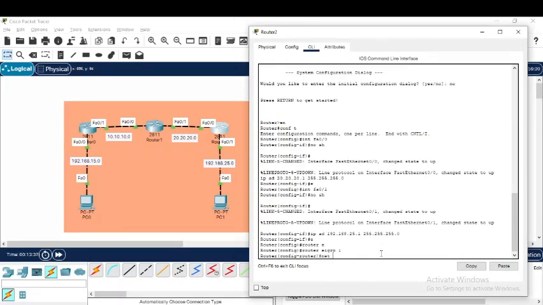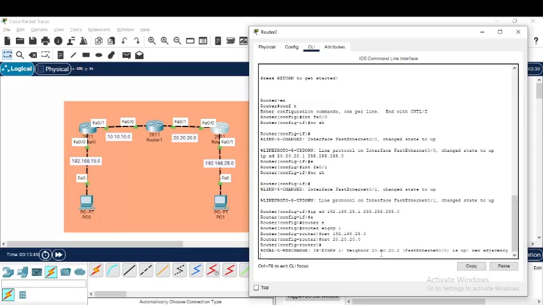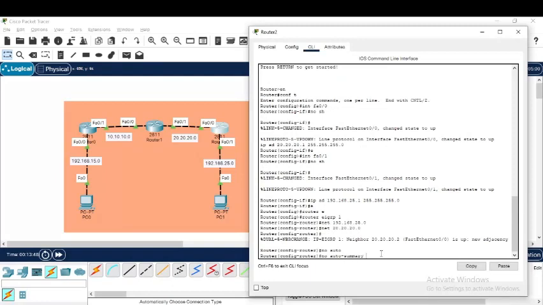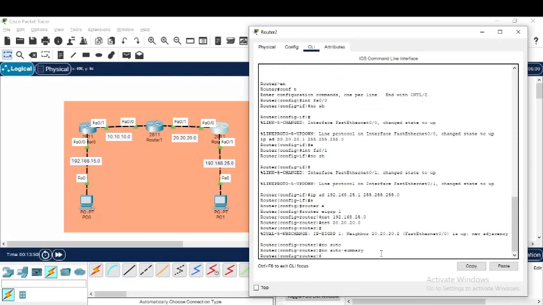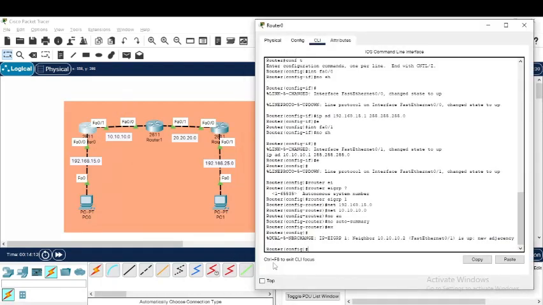EIGRP 1, entering network is 112, 25.0 and 20.20. Okay, as you can see on your screen, the summarization and the convergence is so fast, not like OSPF, because I think Cisco made that easier because Cisco wants the user to enjoy that provider. Okay, we will see our ping to our neighbor and we will first check the status of our